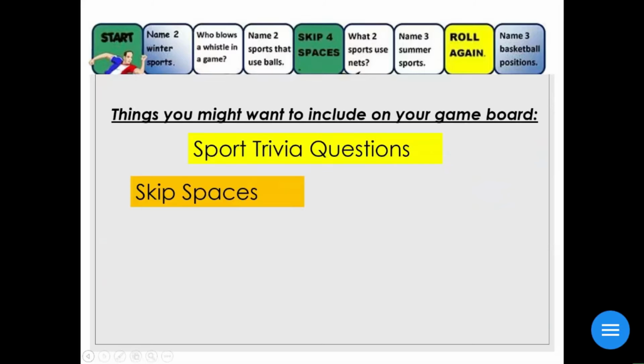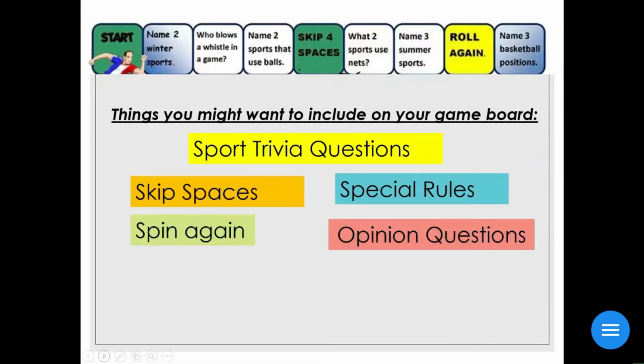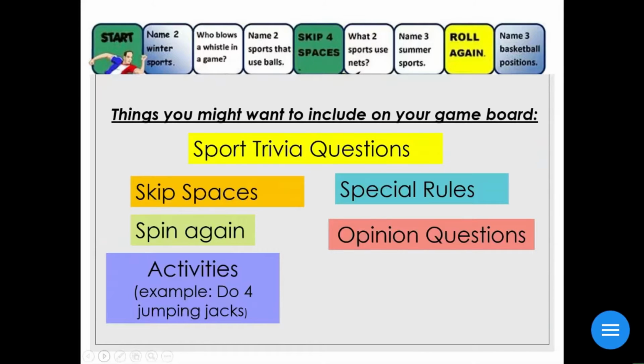You'll also need to include some skip spaces. Or how about fall back or roll again? So those are some of the special rules you'll want to make sure that you include with your game board. You can also add opinion questions, like who's your favorite hockey team, or Olympic sport, or maybe just winter sport. You can also include activities like do so many jumping jacks, or maybe if you can stand on one foot